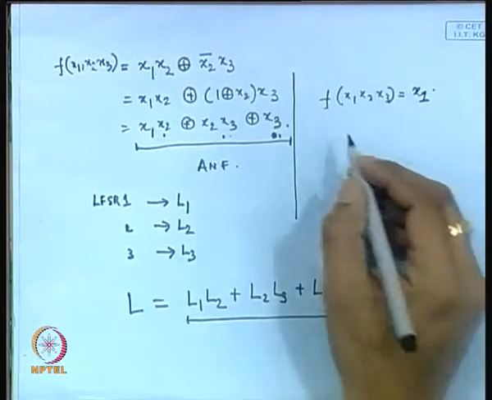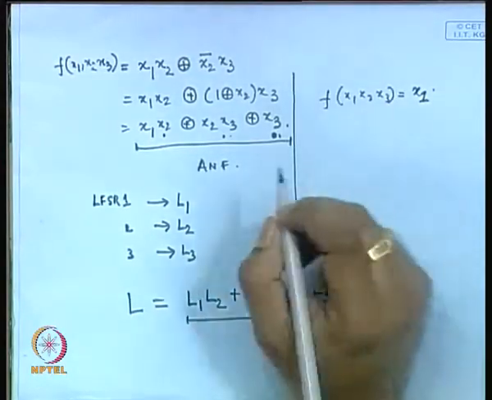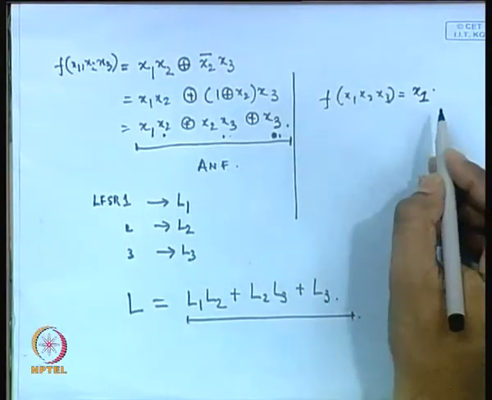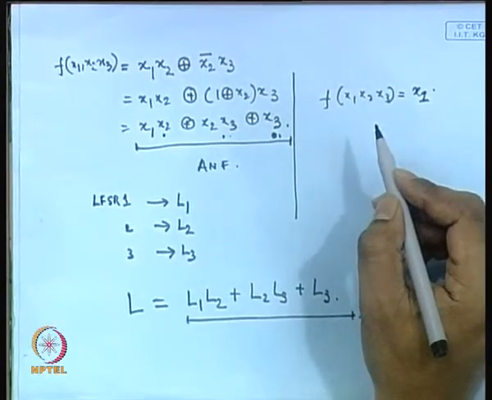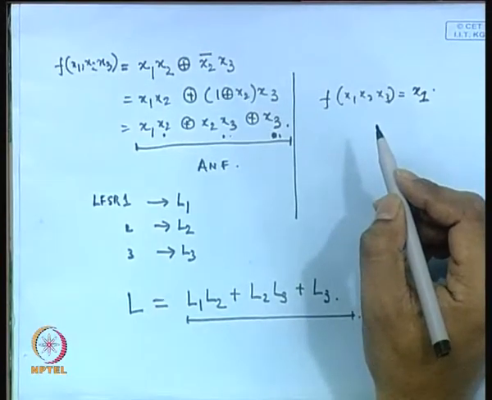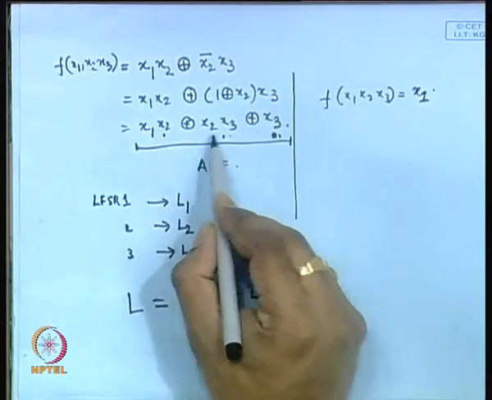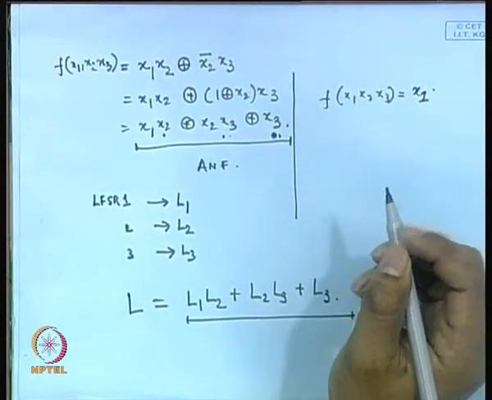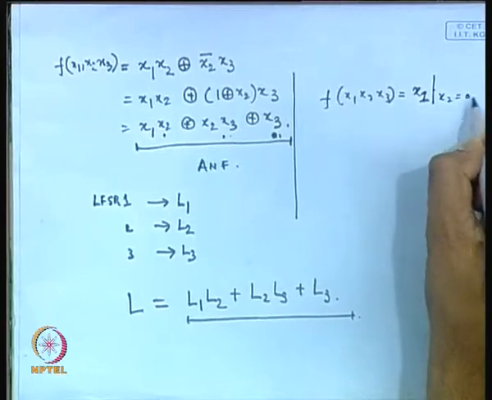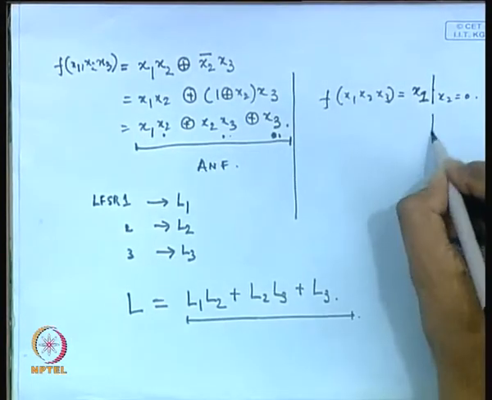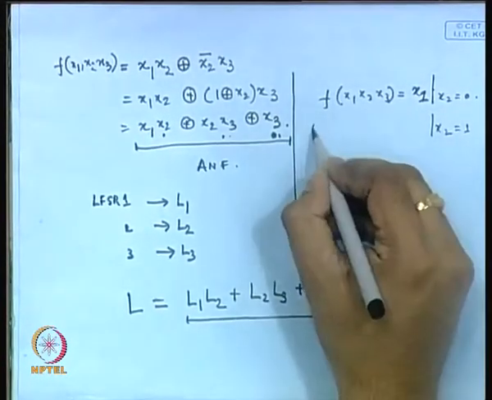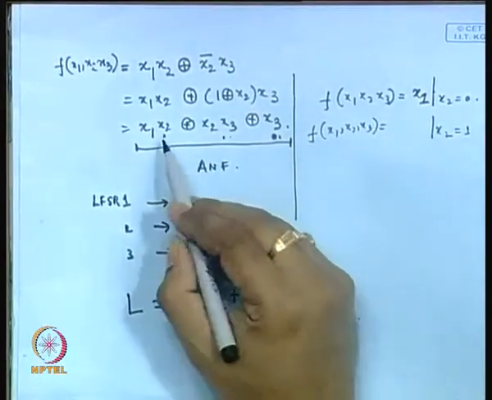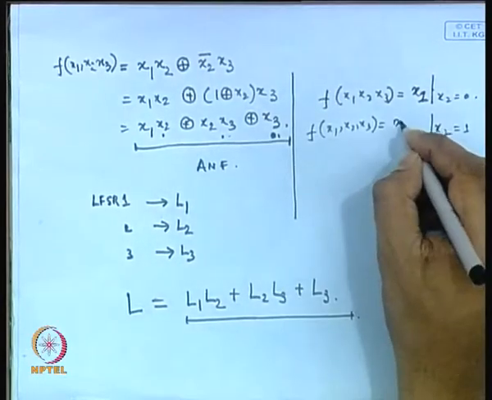Now, you see that actually you have to do this process for all possible subsets, right. So, we have considered only x2 being equal to 1. What if x2 is equal to 0? We have considered x2 equal to 0, right. This was for x2 equal to 0. What if x2 is equal to 1? You obtain f(x1, x2, x3) equal to x3,